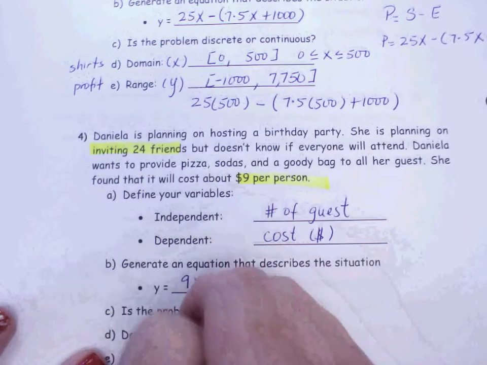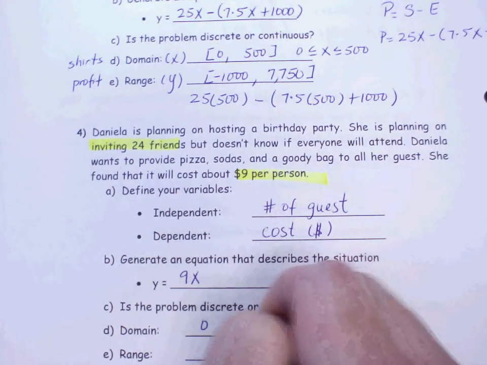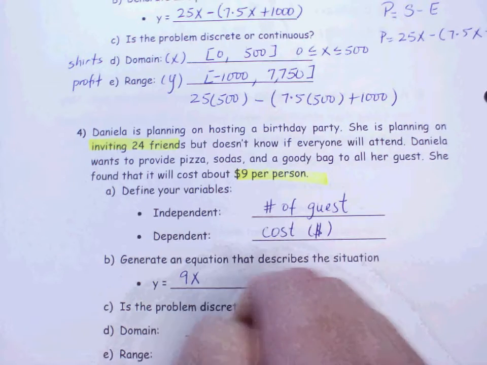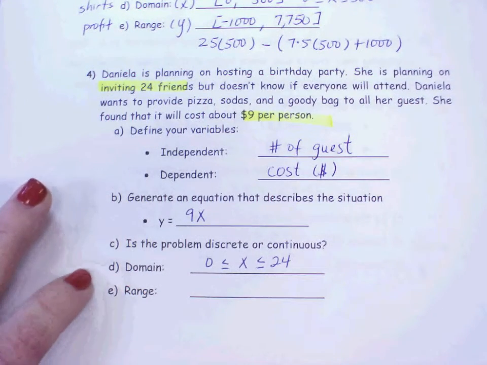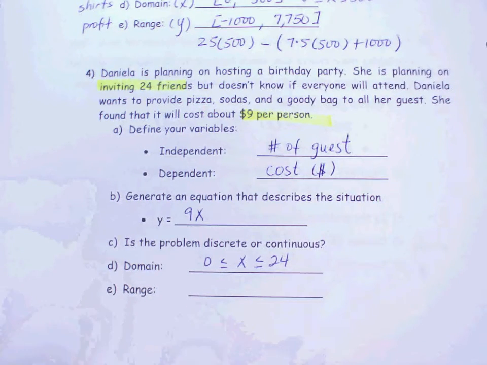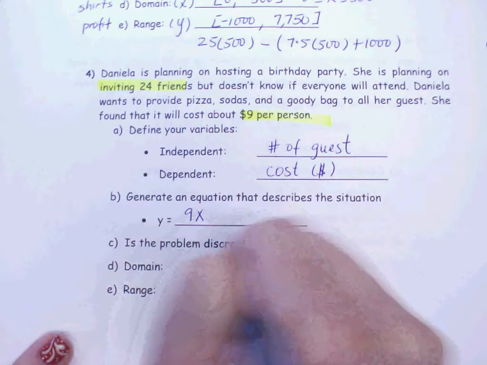So the domain goes from 0 all the way to 24. Now talk to me about the range. If no people go, then it's $0, because no people are going. $0 to